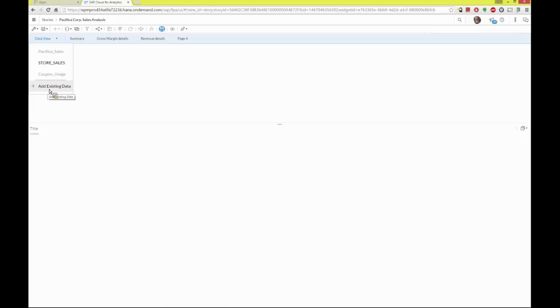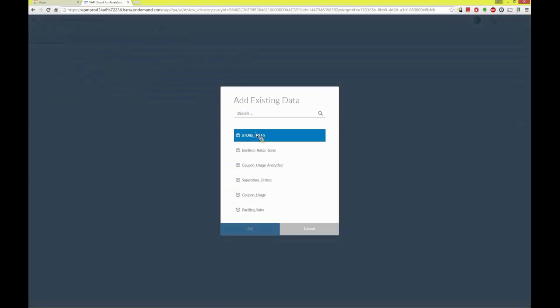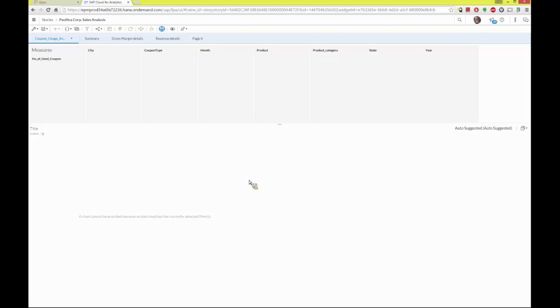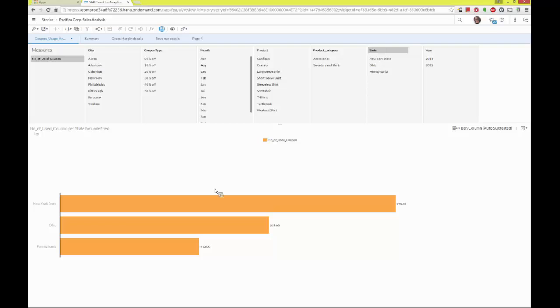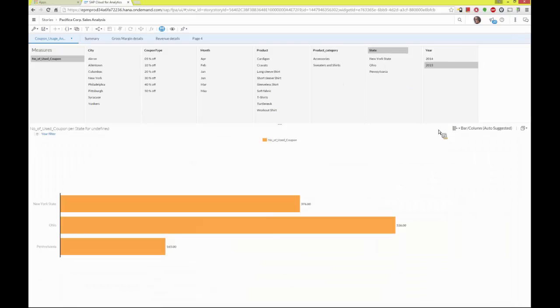Maybe let's do some exploration on this and get a better idea of what's going on in an Explorer type of view. Many of you are familiar with Explorer, the exploration capabilities with facet views in Lumira. We're doing the same type of thing in Cloud for Analytics as well. So I come into my exploration view, and now I have my facets here at the top, and whatever facets and measures I choose in here, Cloud for Analytics will start to create the visualizations below, either starting with just a point value, or if I start to filter and select on the dimensions, it will start to break out and automatically create the visualizations that might be interesting.